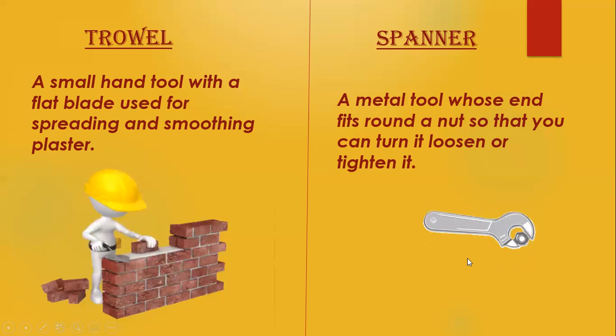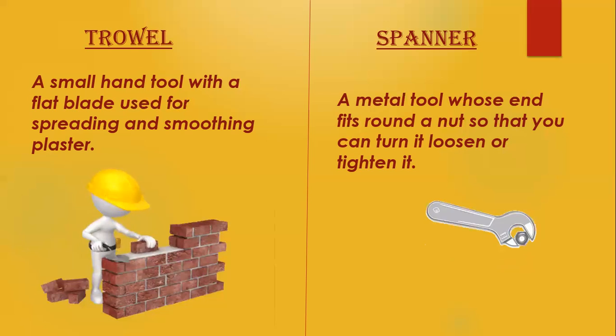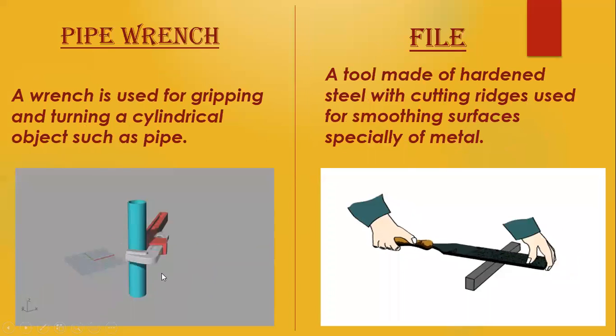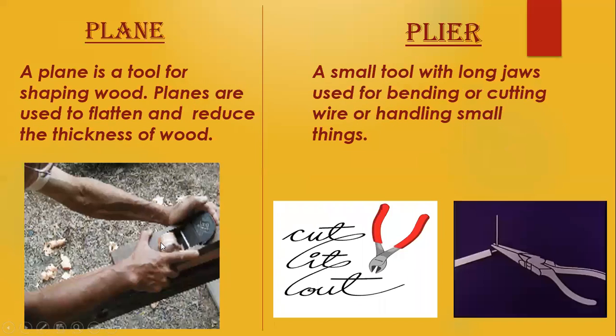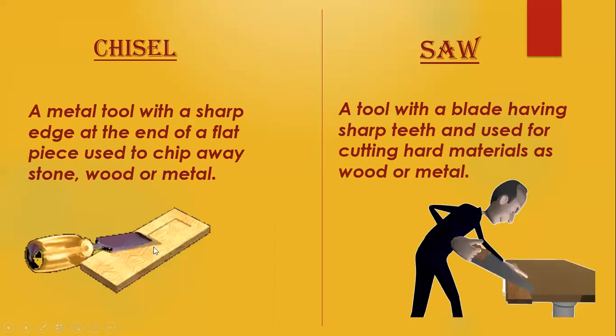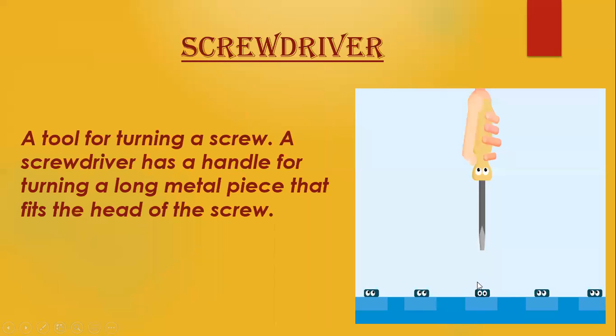Okay, children, do you understand all these tools? Then we have the work page. Let's revise them once more, just by seeing: spanner, this is trowel, file, pipe wrench, plane, pliers, chisel, saw, screwdriver. This is a screwdriver,